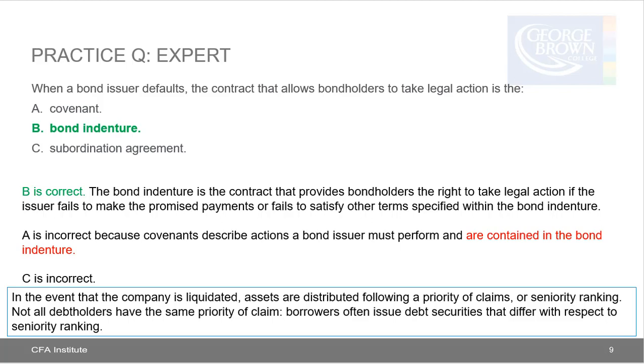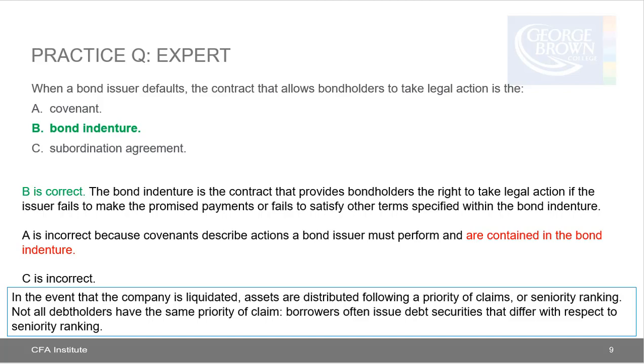Covenants describe actions a bond issuer must perform, and they're contained within the bond indenture. So in the event that a company is liquidated, assets are distributed following a priority of claims or seniority ranking, which we saw. And not all debt holders have the same priority of claim. Bond borrowers often issue debt securities that differ with respect to seniority ranking. And so when a bond issuer defaults, the contract that allows bondholders to take legal action is called the